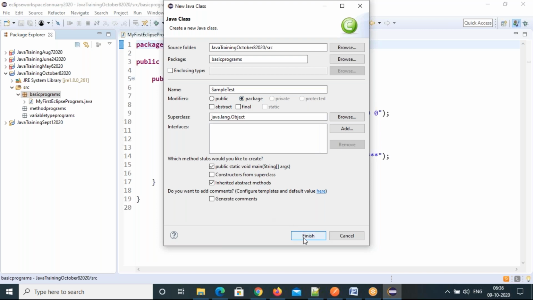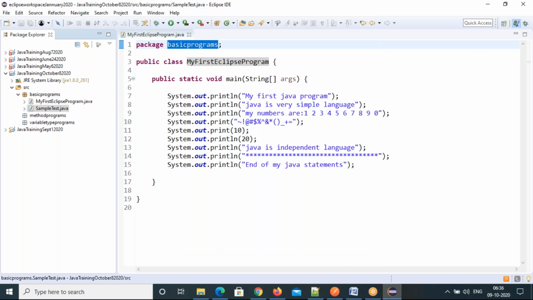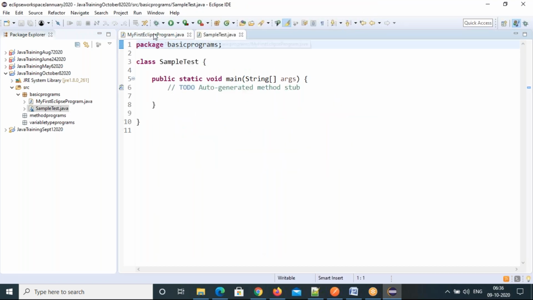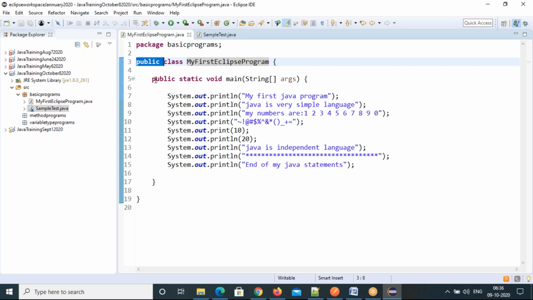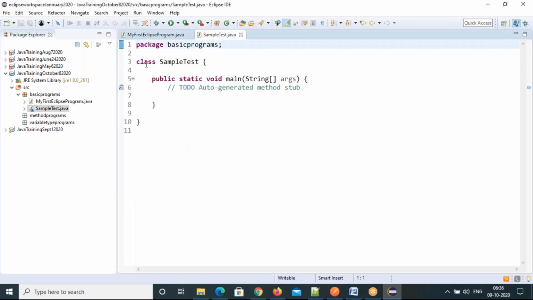See the difference between public class and default class. You have a public keyword before the class keyword. In the default or package class, you don't have any keyword here. That's the default or package. So you can create multiple classes under one package.